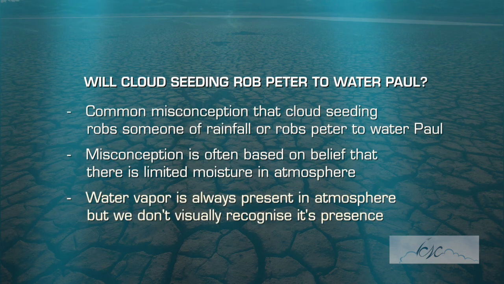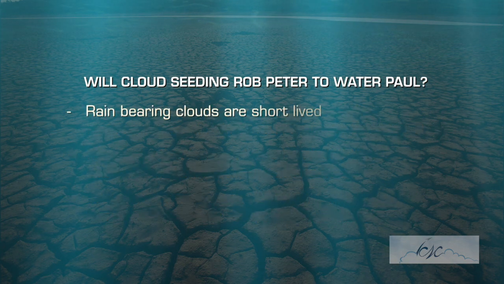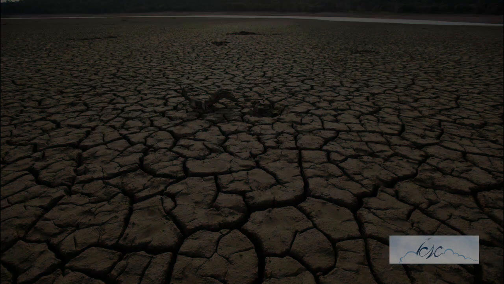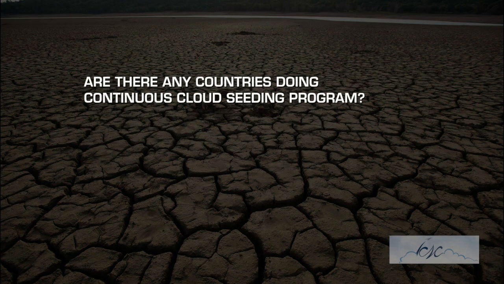Water vapor is always present in the atmosphere, but because it is in vapor state, we do not visually recognize its presence. Moreover, rain-bearing clouds are short-lived. Hence, they would dissipate in and around the targeted areas around cloud seeding. Are there any countries doing continuous cloud seeding programs? Yes, there are many, and to name a few,